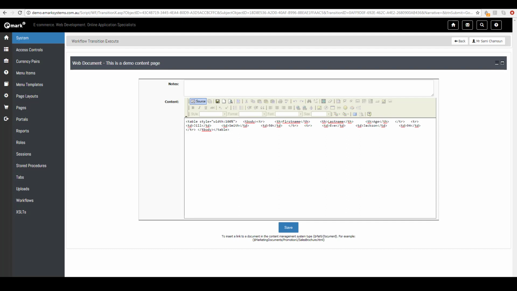So we're going to make a quick change to it through the source view, and I'm going to add another row to this table. If I just toggle back to the design view, you'll now see that that extra row is there. So once we've made our changes to the content, we click Save,